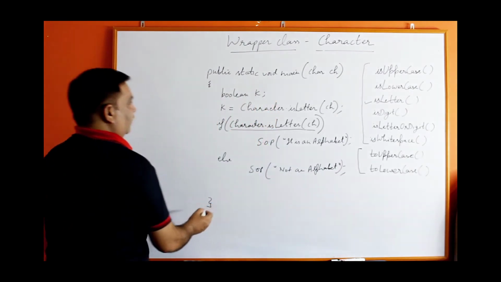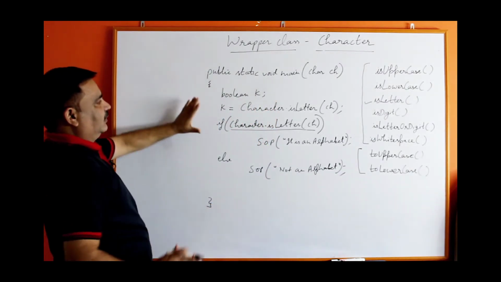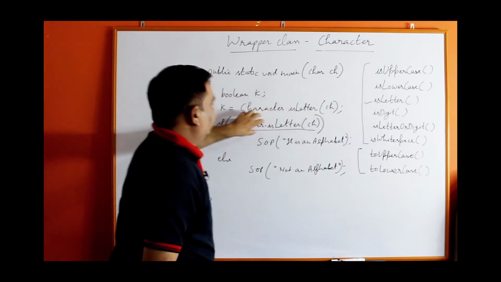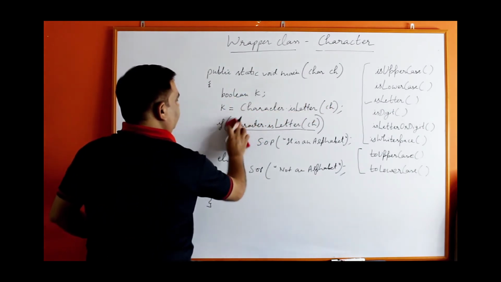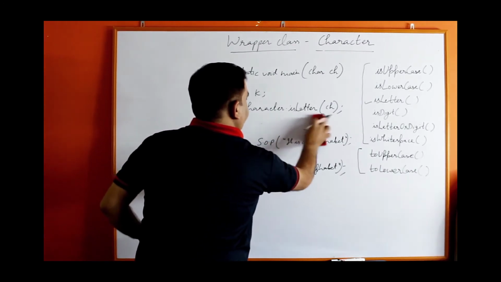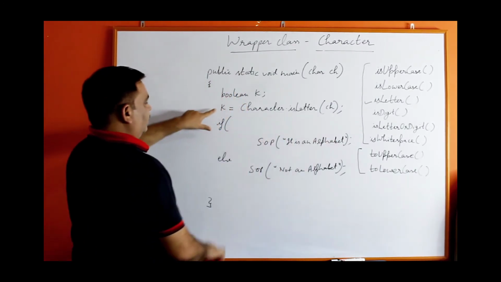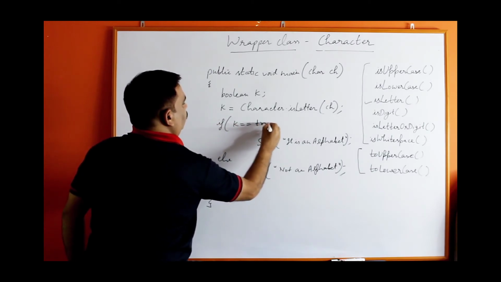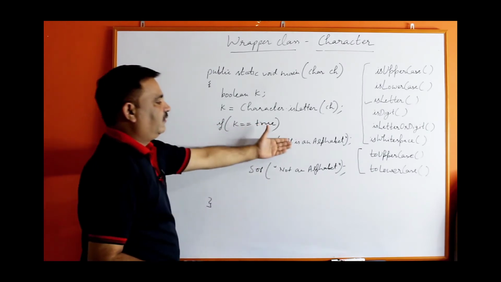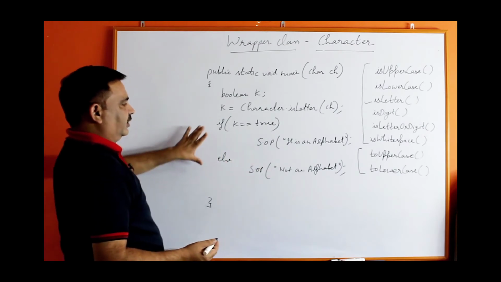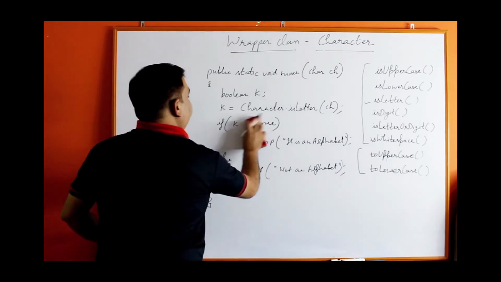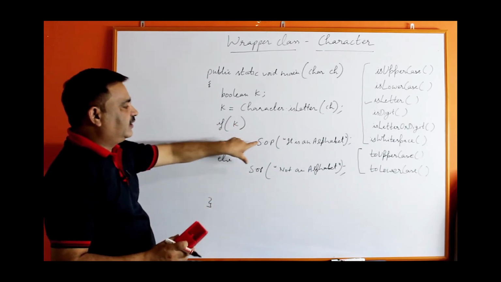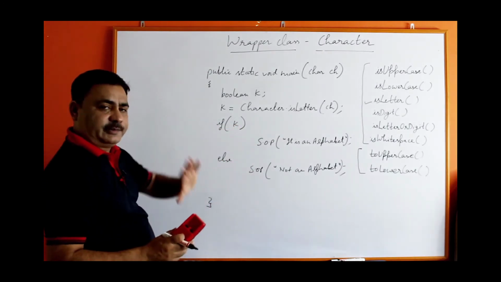This is the main function, and afterwards you can create the class here. Now, in place of writing a variable, I have written this function directly. In place of writing this function, you can also check like this: use the k variable, if k equal to true, it is an alphabet, else it is not an alphabet. Or even you can write if k. This is also correct. If true, then this statement, if false, then the else statement.